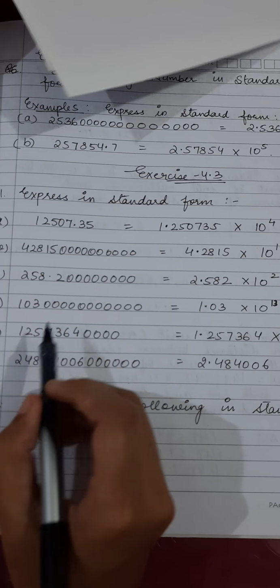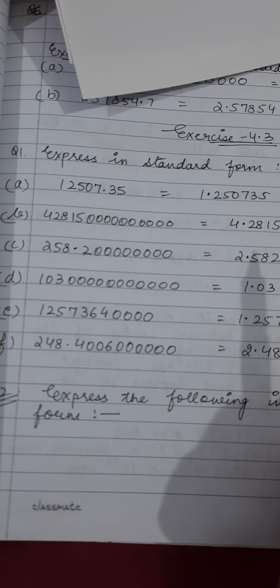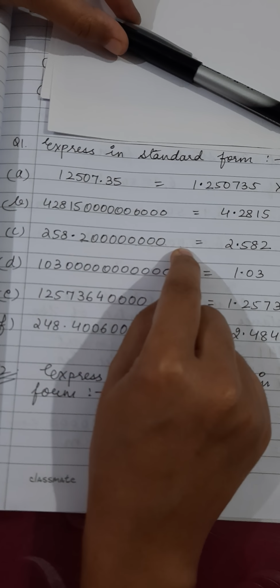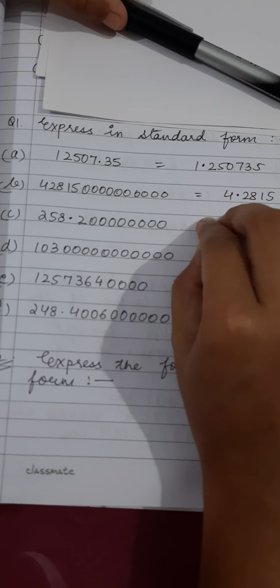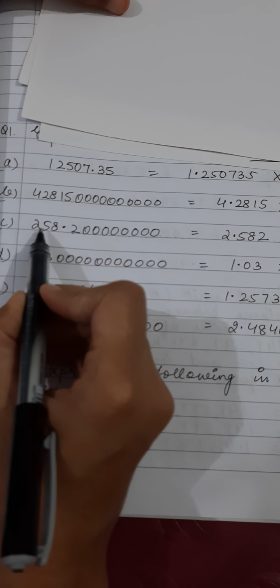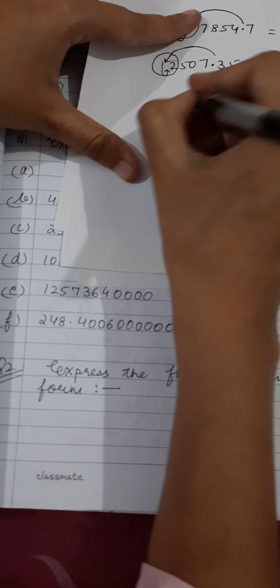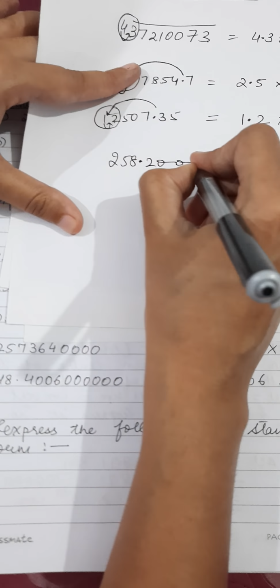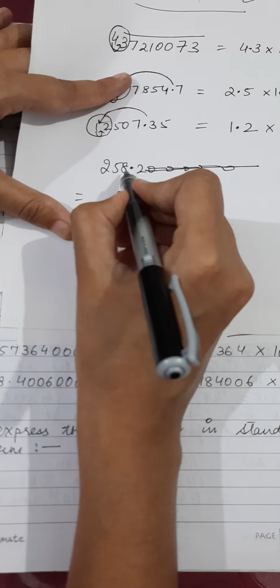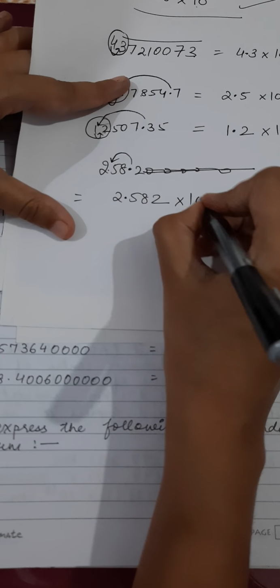Similarly this. Now in the C part, we have after the decimal 2000000 like this. After the decimal, we are not concerned about the number of zeros because they are of no use. You can place any number of zeros, infinite zeros, but the value will remain the same. The value will still be 258.2. So there is no use of these zeros. So if the question is 258.20000000, these are of no use. Now 2.582, this decimal will shift here, and how many places have you shifted back? 2. So this will become 10 to the power 2.